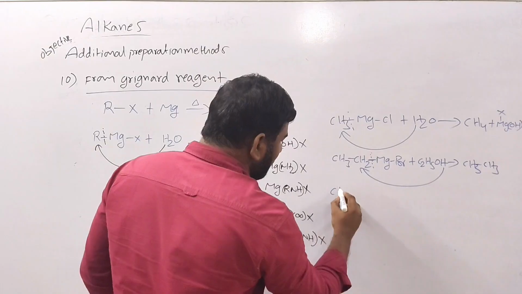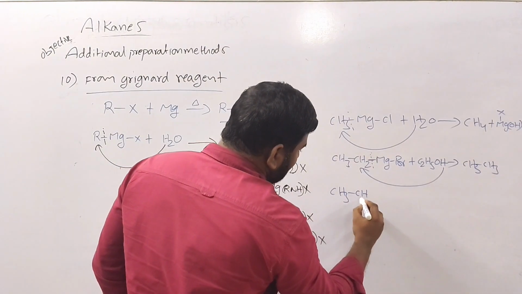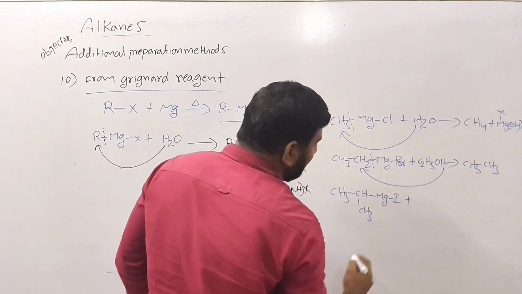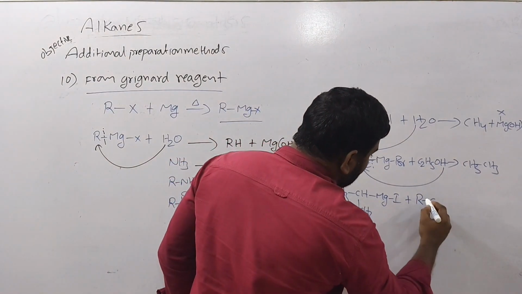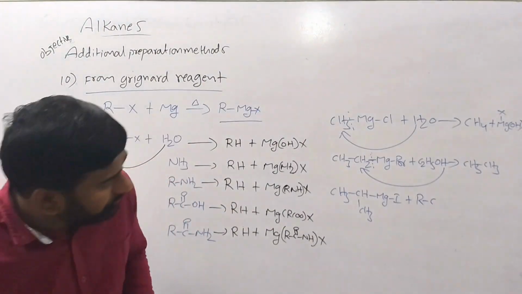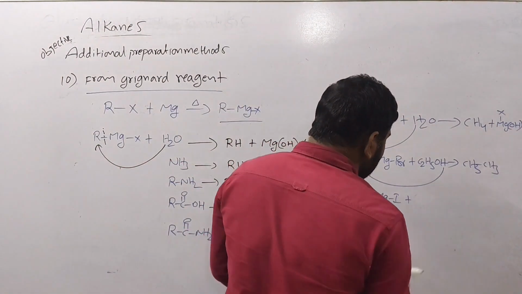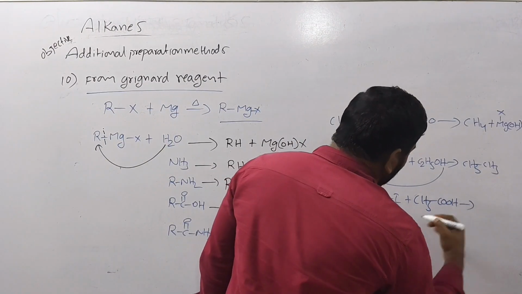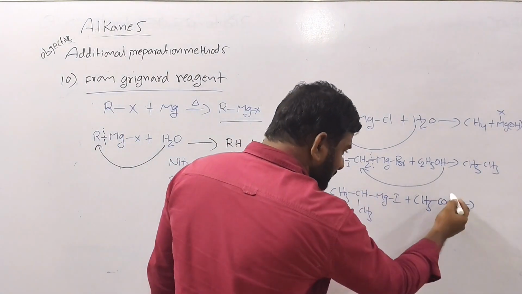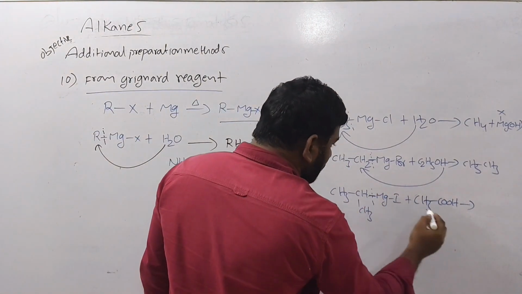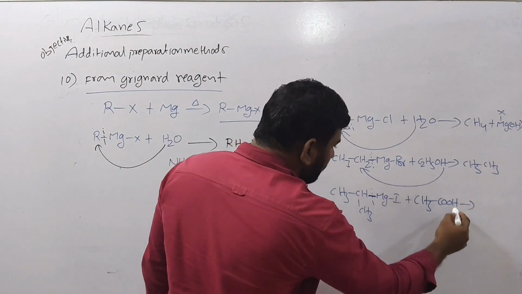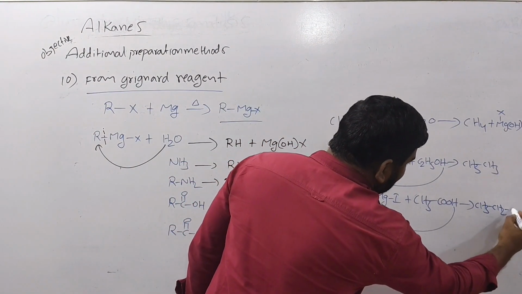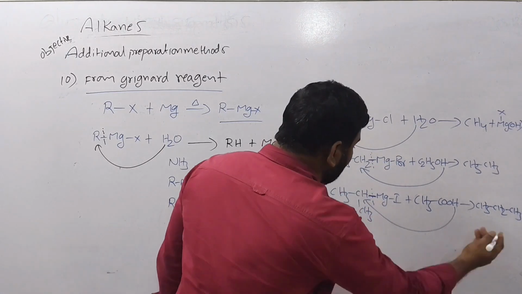Okay. Similarly, if you take one more molecule, for example isopropyl magnesium iodide, and react it with a carboxylic acid, for example acetic acid. What is happening here? Here also hydrogen is there. This is also an acidic hydrogen containing compound, so you have to break the alkyl group and magnesium bond. Then you add hydrogen to this, and what will you get? Propane, CH3CH2CH3, will be obtained, along with the remaining product.